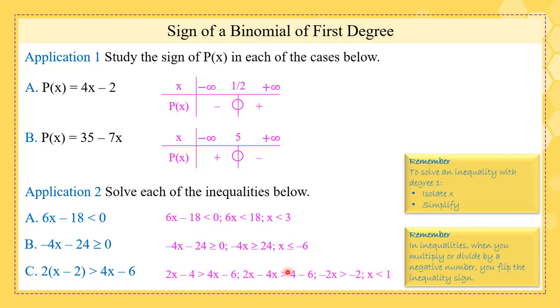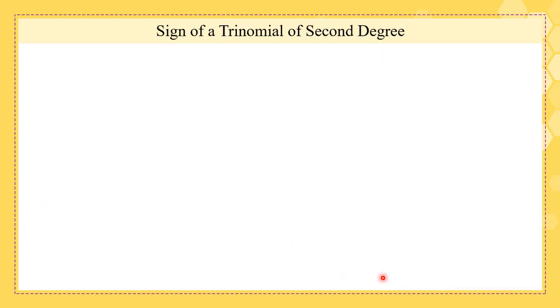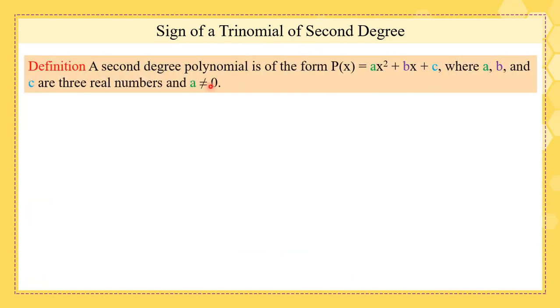So we get x is smaller than 1. Now let's see the sign of a trinomial of second degree. A second degree trinomial is of the form p of x is ax squared plus bx plus c, where a, b, and c are real numbers and a is never 0. Because again, if a is 0, p of x would be bx plus c,